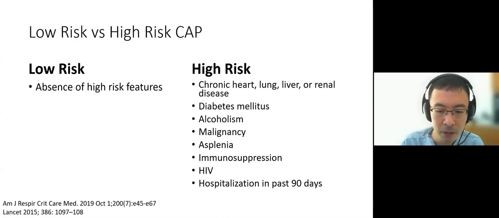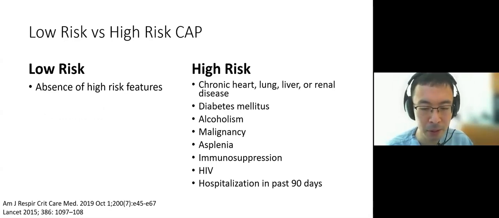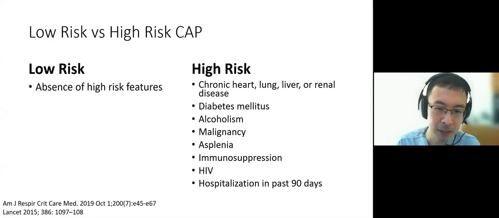factors. So before you decide on a treatment option, determine if the patient falls into the low risk or high risk group. And by high risk, I mean high risk of harboring drug-resistant pathogens or high risk of having a bad outcome with their pneumonia if they are improperly treated. All the conditions that make the patient high risk are not surprising because they all reduce the capacity to fight infection and increase the risk of drug resistance. And previous hospitalization in the last 90 days is another risk factor for drug resistance. Low-risk patients don't have any of these high-risk features.